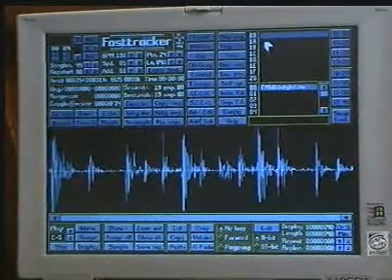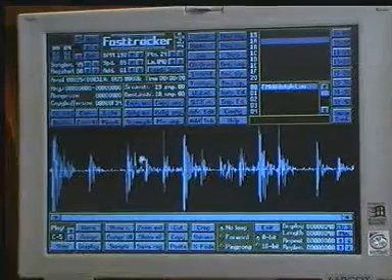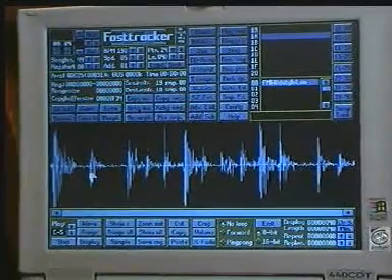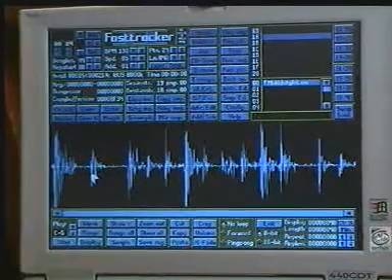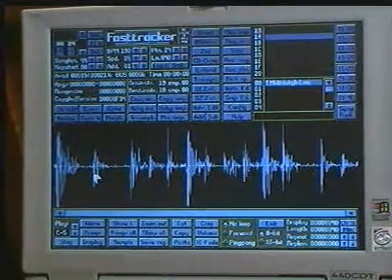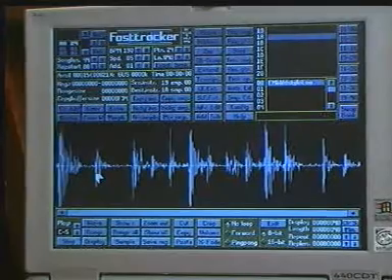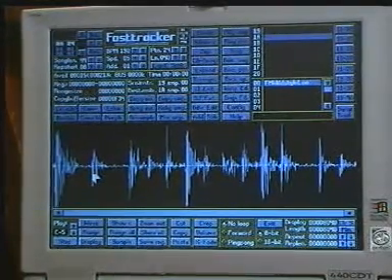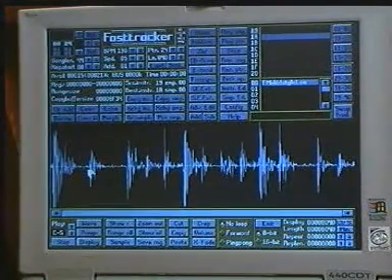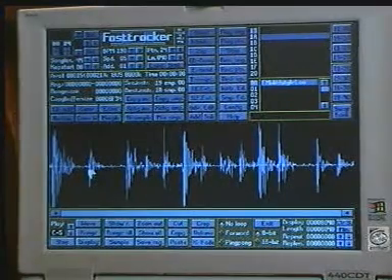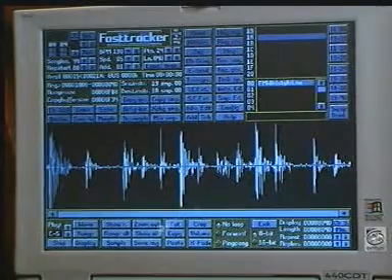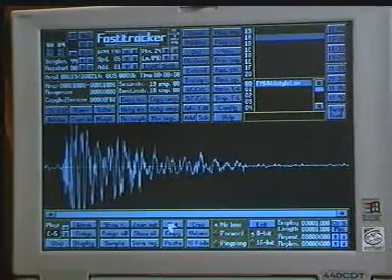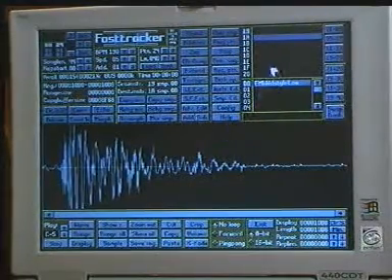Now I want that whole break in number 19. In 1A I want just the bass drum. So I can go through and hit what speed I'm playing it at. And as you can see, the line playing through the sample. Now I know this bit of wave here at the start is the bass drum. So it's just the right mouse button to highlight and cut. Now I've just got a bass drum,